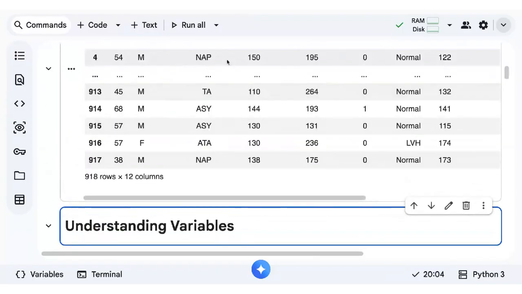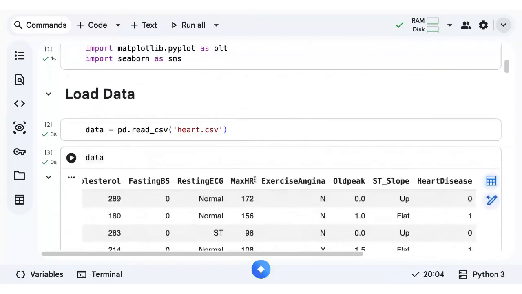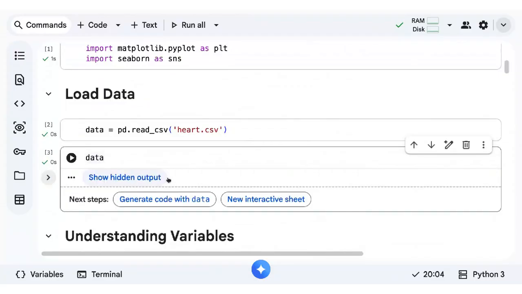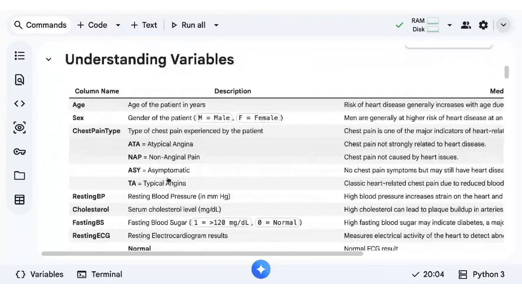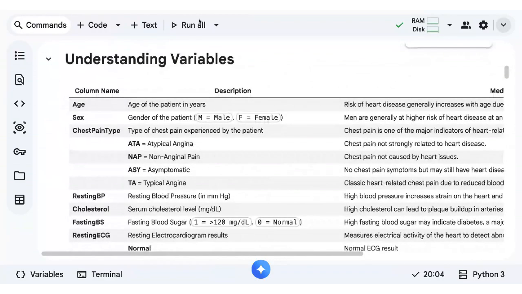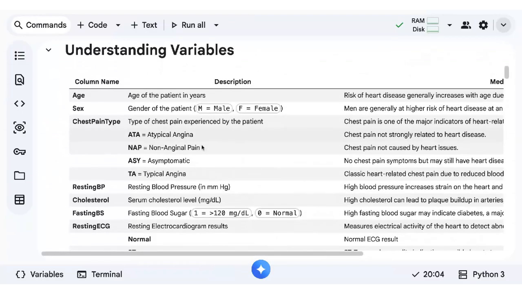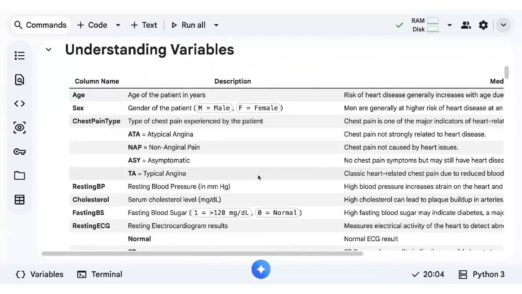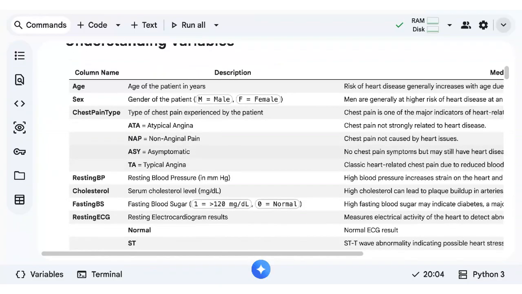So we had different columns related to heart disease. Since it's medical data, the domain might be new for you, so it's always good to do some research and analysis related to the domain so that you can understand each variable. So we understood the different columns, the different categories available in them, and also what each of them means, right?